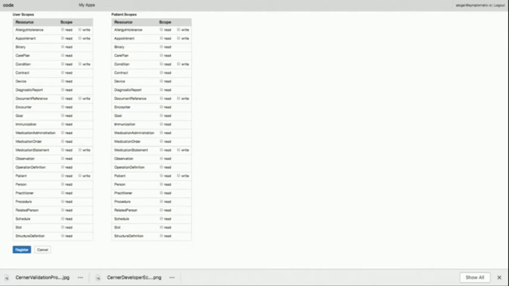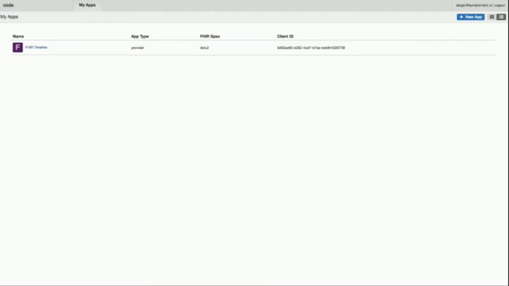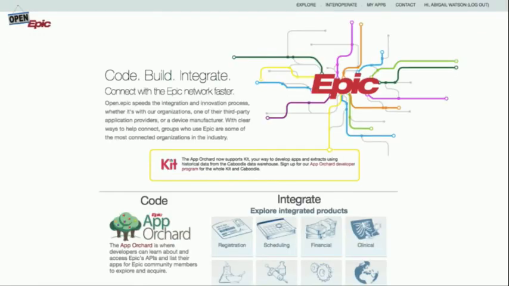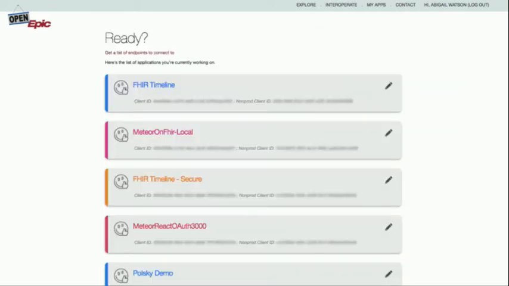So, yeah. And then when you're all done, it lists on a list, and you're like, ooh, I have one app. It's common to have testing apps and different environments, and then once you do one, you want to do more, and maybe you make a business out of it. Epic is much the same. Open Epic, anybody can sign up and get much of the same. You have a list of applications that you're working on,